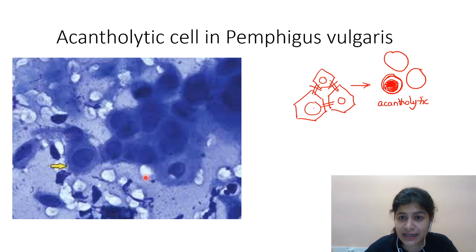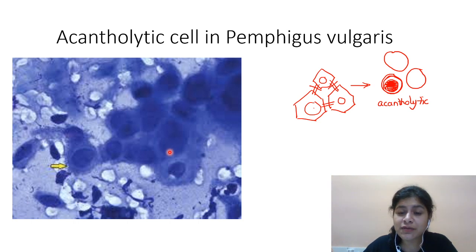Okay, so this is a Tzanck smear. What is a Tzanck smear? What they do is that they will just remove the roof of the blister. They will scrape the base, put it onto a slide, stain it with Giemsa, and look out for the presence of acantholytic cells. So the acantholytic cells in cases of pemphigus vulgaris are going to be rounded, while the